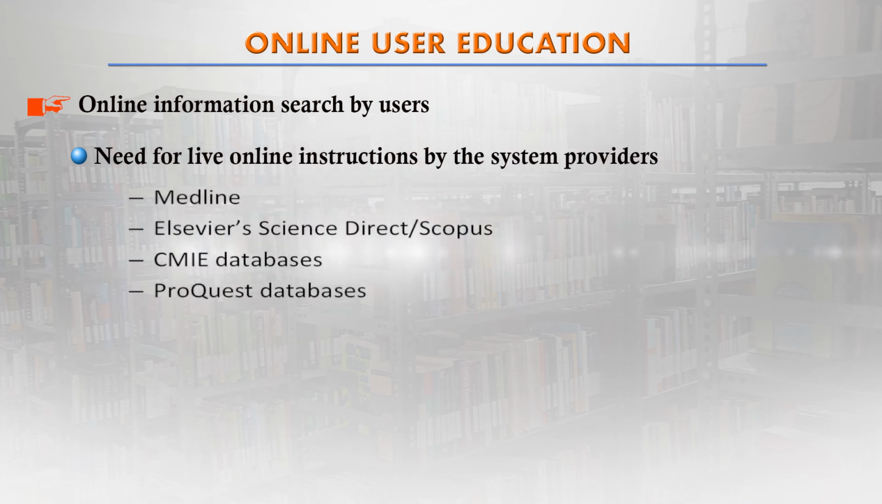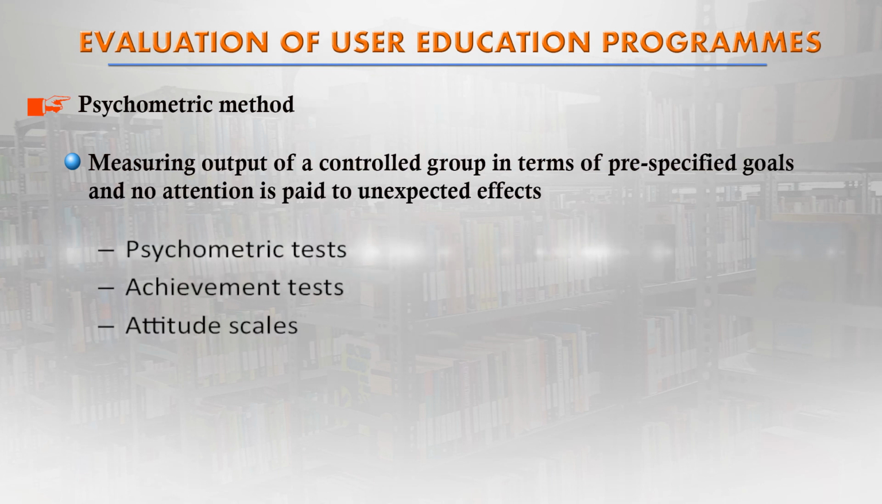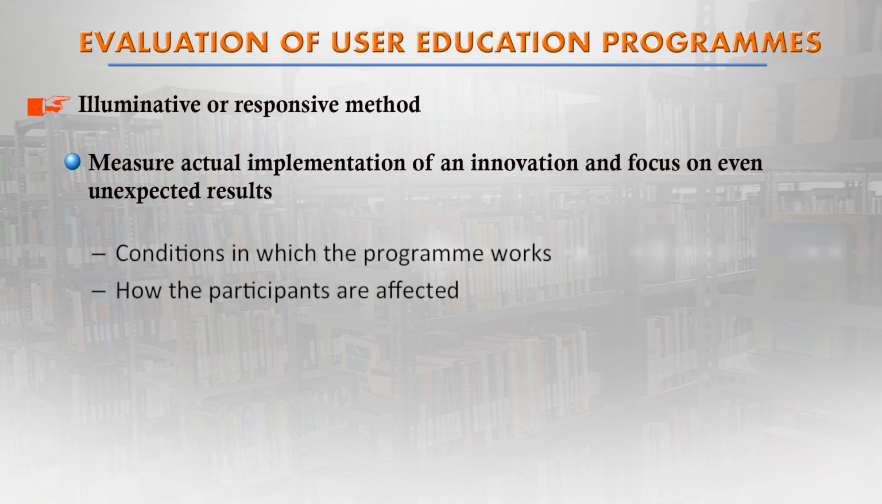Now these are some examples of how online information searches are done in different user databases. I have given you some examples on that. Now any user education program should be evaluated to measure the potential and the factors, whether users are happy with that or not. So such kinds of feedback systems are there. There are different kinds of psychometric methods, sociological management methods, or different responsive methods people follow to evaluate user